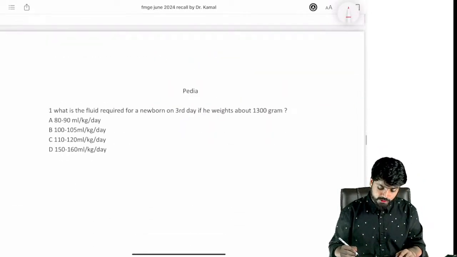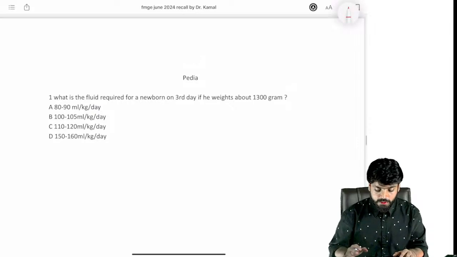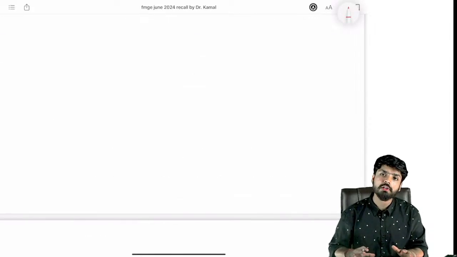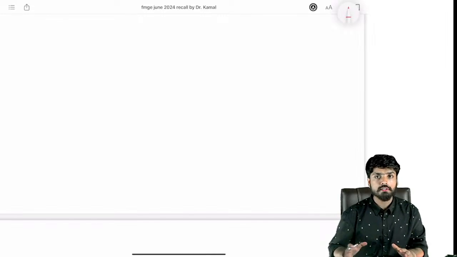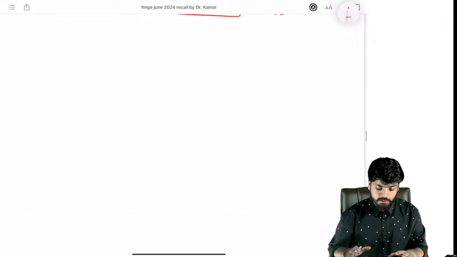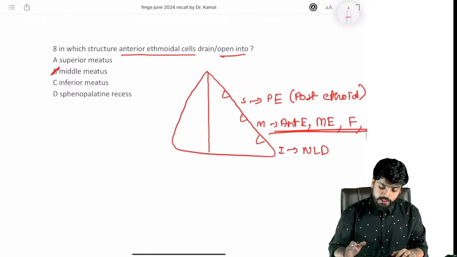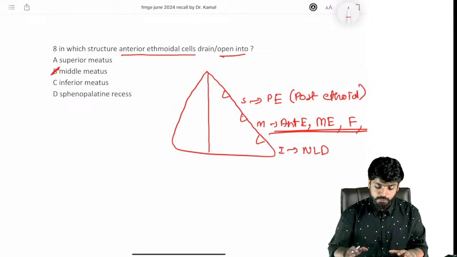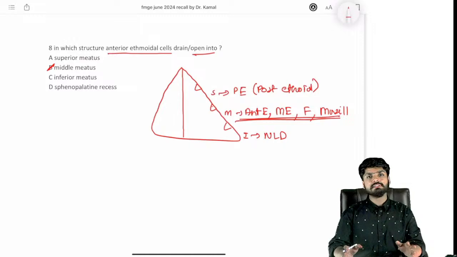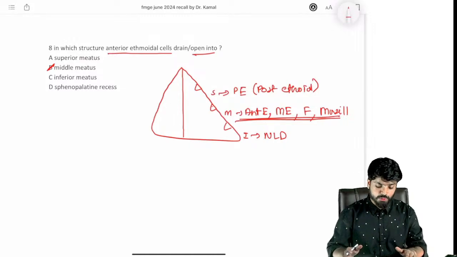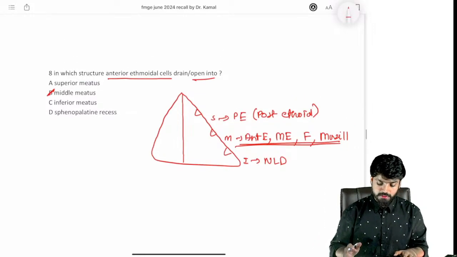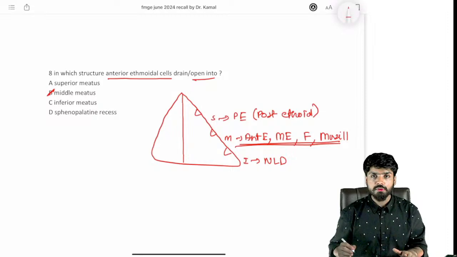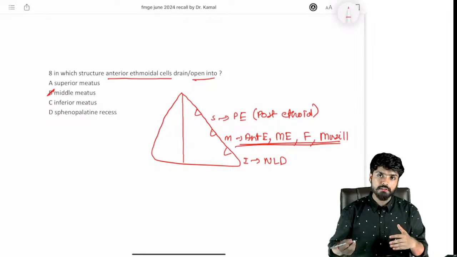Now moving on to the next, we have completed ENT. I hope whatever questions were included over here must have helped you in understanding, whether you correctly attempted it or not. And I tried to explain it as much as possible and as much as required at that moment. It's an easy session, it's a chill session. There is nothing to worry about anything right now. Just try to relax and try to understand the process itself.